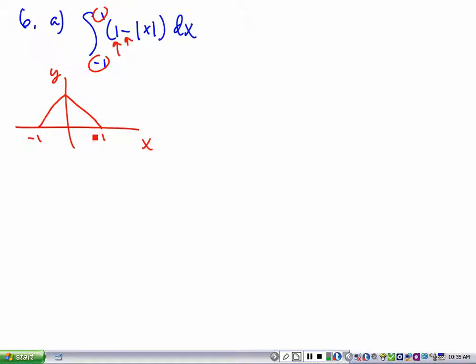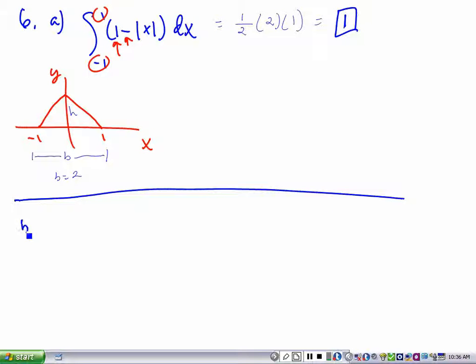The base is equal to 2. Right? And the height is equal to 1. So the area of a triangle is 1/2 times the base. Here the base is equal to 2 times the height, 1. So you multiply that out. You get 1 for this particular area. Very similarly,